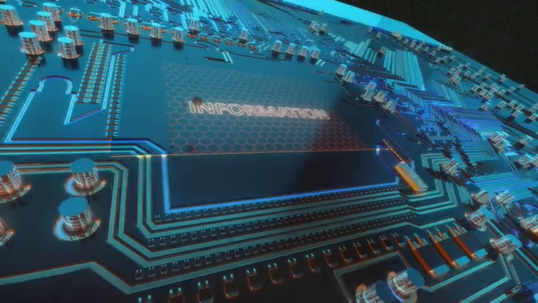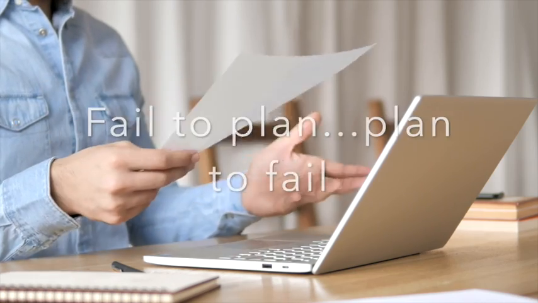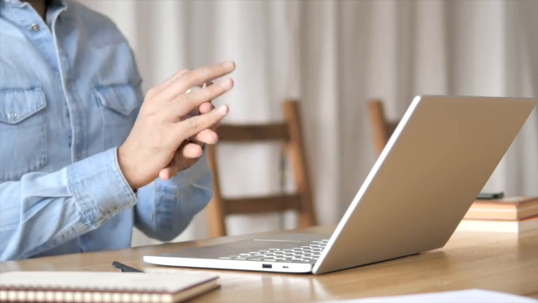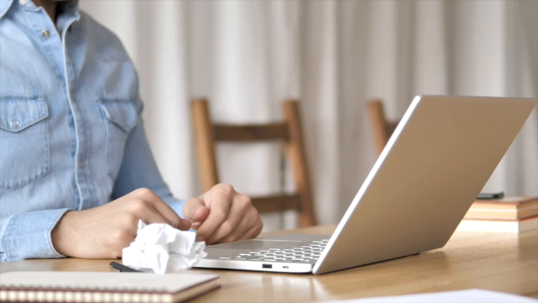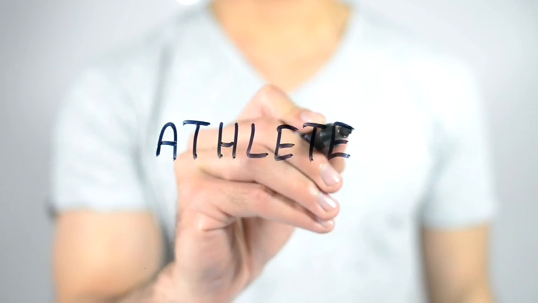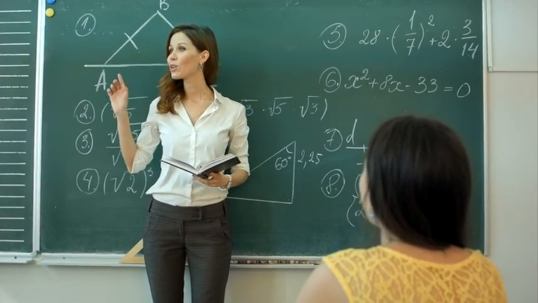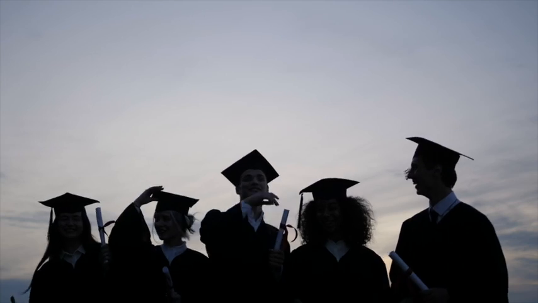It has been said that if we fail to plan, then we can plan to fail. This cliche is a cliche because it's true, and it's been proven over and over. Like athletes, teachers will never achieve perfection. There are too many variables. But what we can learn from athletics is that the process of creating a good game plan, carrying it out, analyzing its success, and revising as needed is the best way to achieve long-term success.